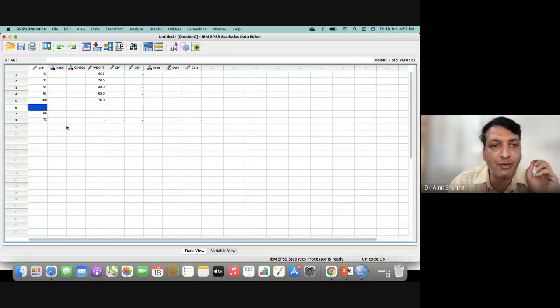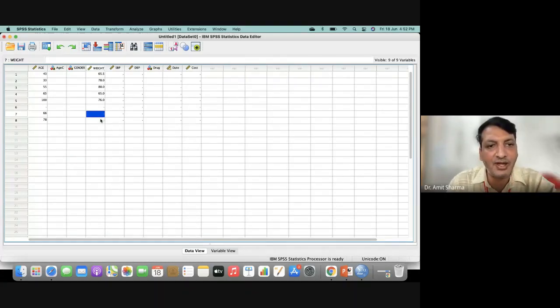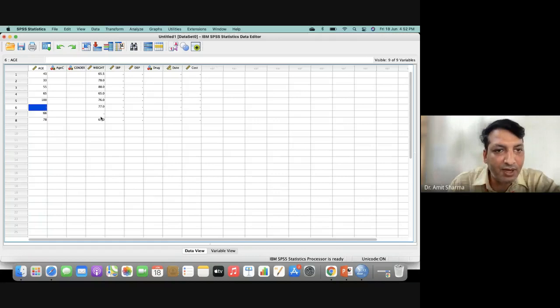I'm not going to add anything from my side. Or for patient number 7, I have not received the weight, or the patient died, for any reason I didn't get the weight, so I'm not going to write anything. So this column and this column will be considered as missing values.